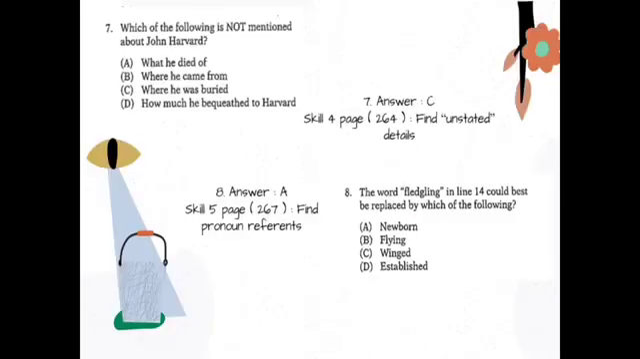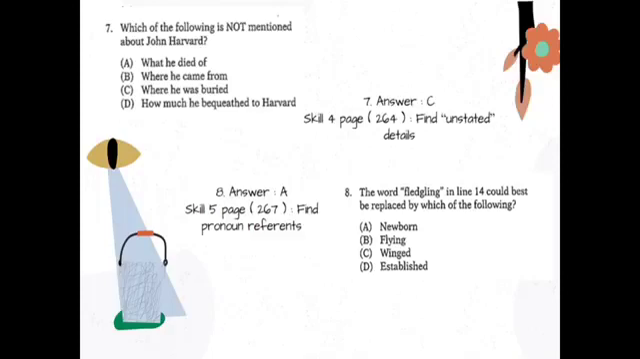Okay, next number 7. Which of the following is not mentioned about John Harvard? A. What he did of. B. Where he came from. C. Where he was buried. D. How much he recorded to Harvard. The correct answer is C. Where he was buried. You can use skill number 4 in Longman book, page number